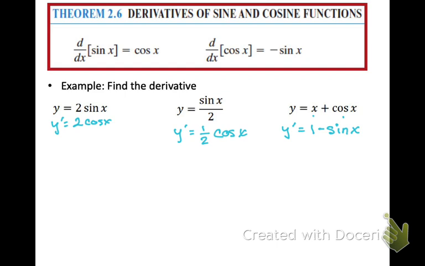I swear, if the ones on the assignment are harder than this, I'm coming out. The only way I could make them harder